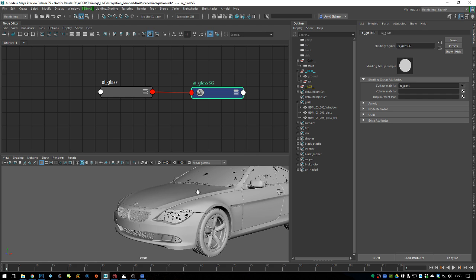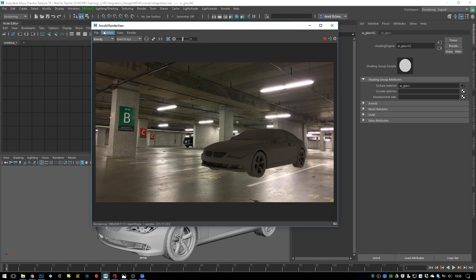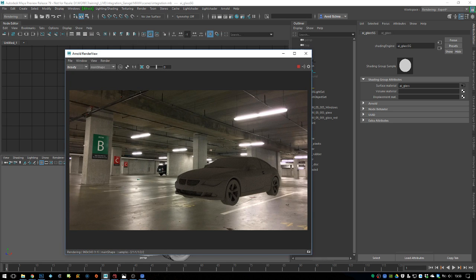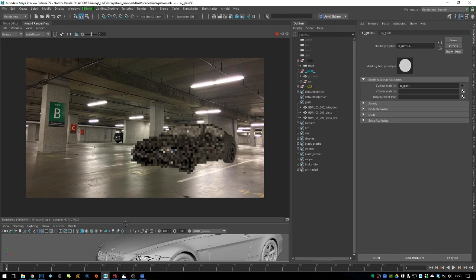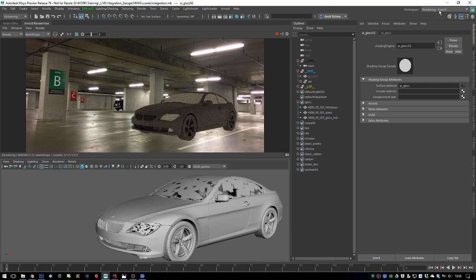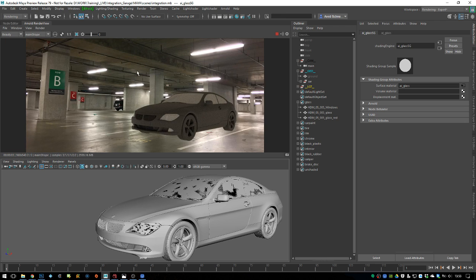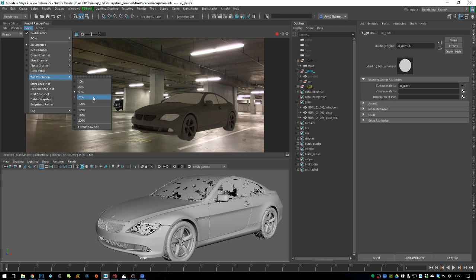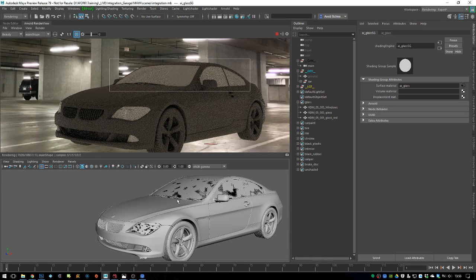Okay, so glass is created, saving. Let's just work on the glass shader for a bit, and let's just dock this guy to the node editor so it's always in my view. There we go. And let's just dock it. There we go. So this is now the car in here. Let's just change the test resolution to 100, zoom in so we are on the glass surfaces, and let's tweak